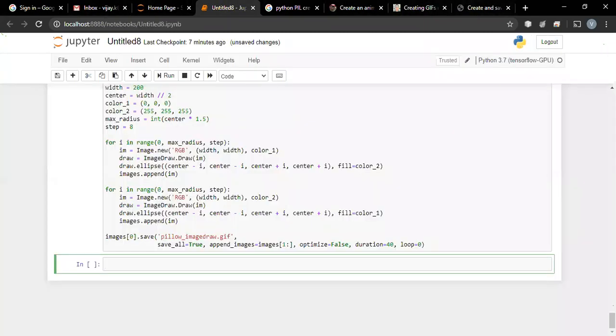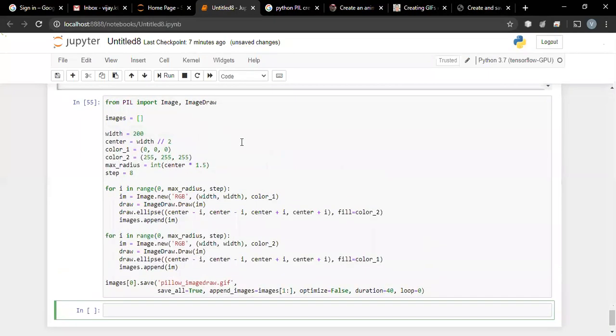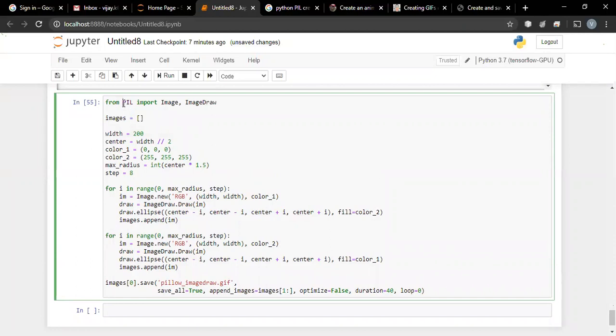So class, are you with me? So basically from PIL, they are importing Image and ImageDraw. They are trying to append all the images in an array, and then they are saving those images as a GIF file.